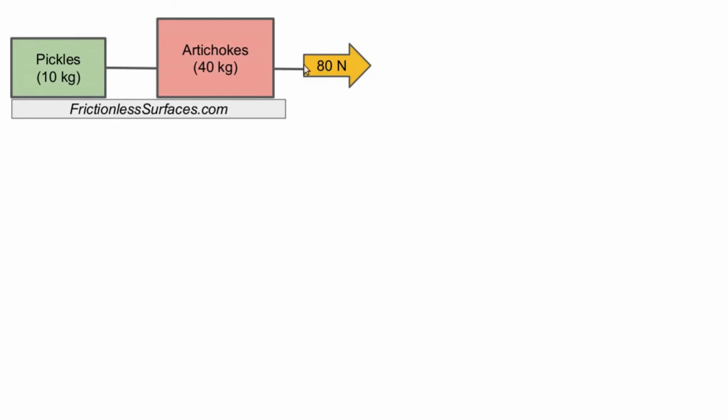So I could just ask, before I begin, if I pull with 80 newtons on 50 kilograms with no friction in my system, then I know that my net force is going to equal the mass times the acceleration. Here the net force is just that external force of 80 newtons, and that'll equal my total mass of 50 kilograms times whatever the acceleration is. So just dividing both sides by 50,